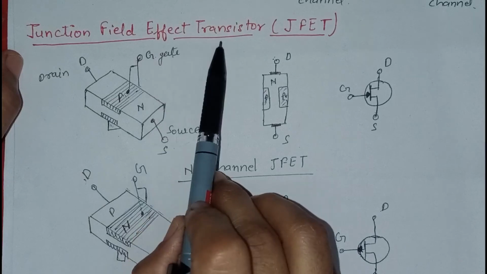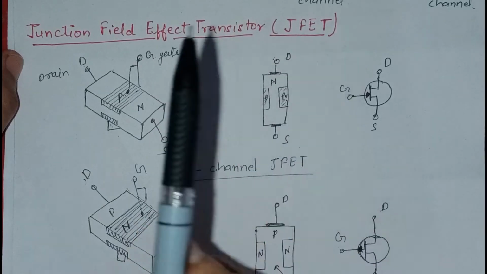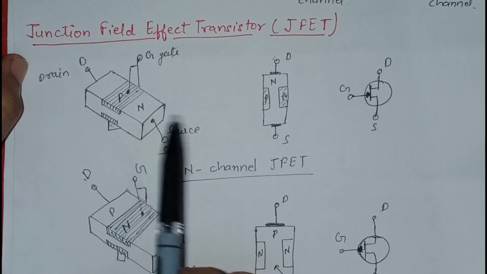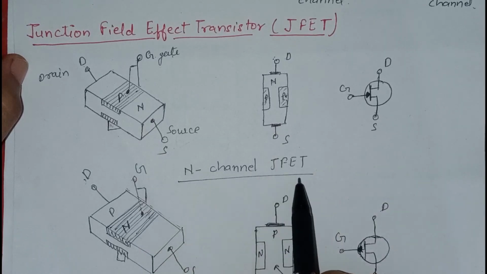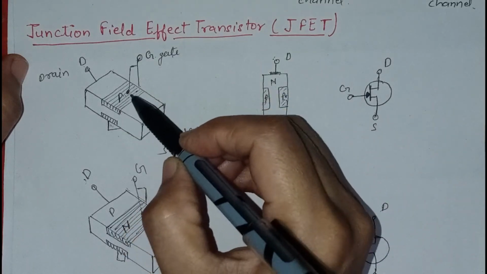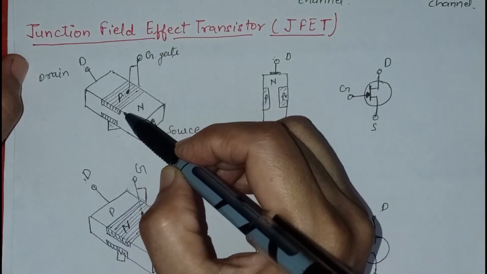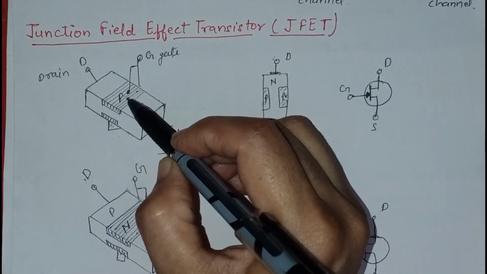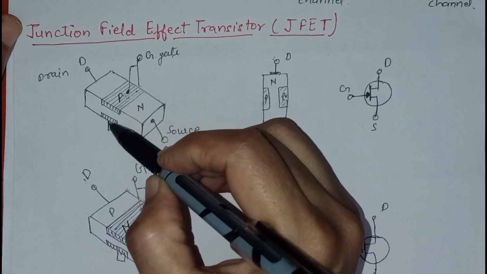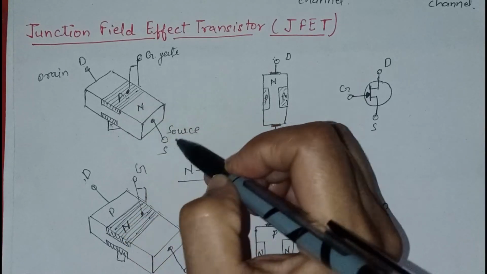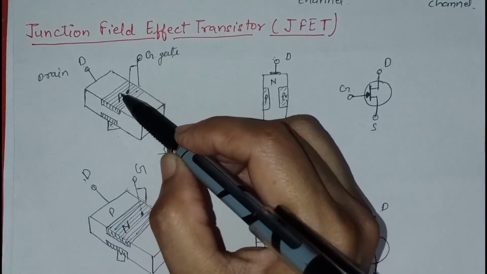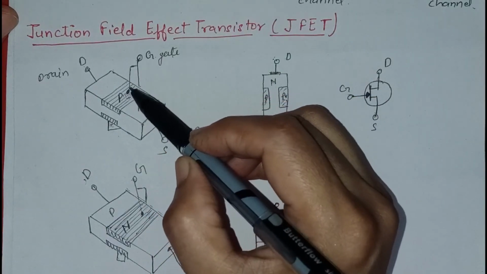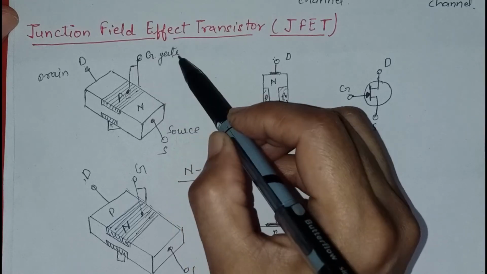First we will discuss the junction field effect transistor, JFET. To construct a JFET, we take a small semiconductor bar of N-type material if we are constructing an N-channel JFET. Now at the middle portion of this bar and on the opposite sides, we make diffusion of P-type impurity, and this must be a heavy doping of P-type impurity. These two opposite regions on either side of this bar are internally connected, and a terminal is taken out through this P region. This is called the gate terminal.